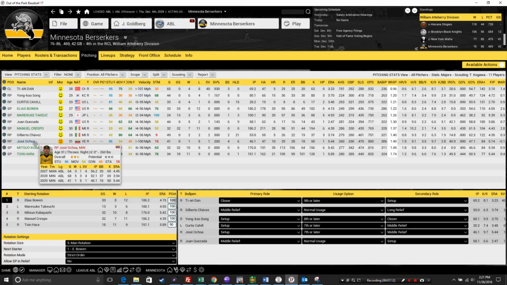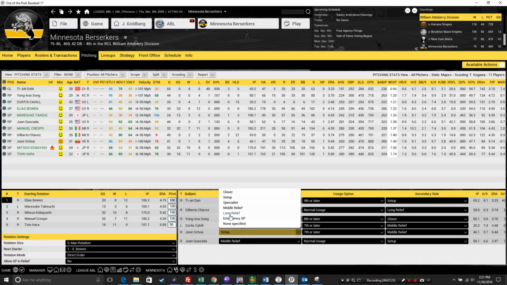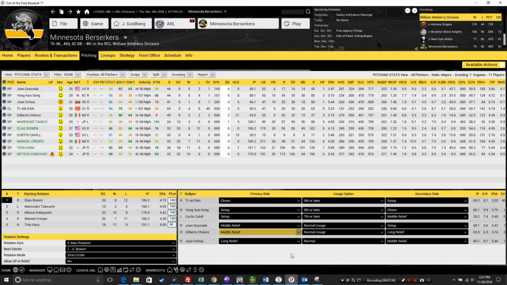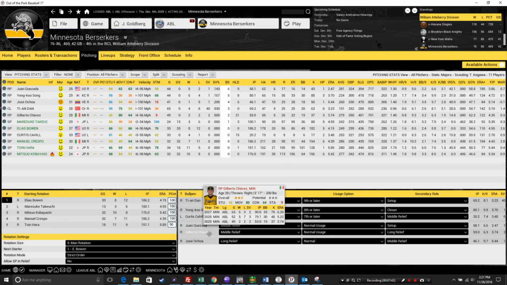And then Ochoa would be the next guy, and he's the last one left, and he's got the same WHIP, so I could flip-flop these two, but I'll just leave it the way it is for now and put him as long relief, normal, and then his secondary role, middle. And then I basically just click lineups and then back to pitching in order to resort this area. And that's how my layout would be. I'd actually prefer to have, as I mentioned, Chavez and Ochoa have a little bit more endurance, so for that reason alone